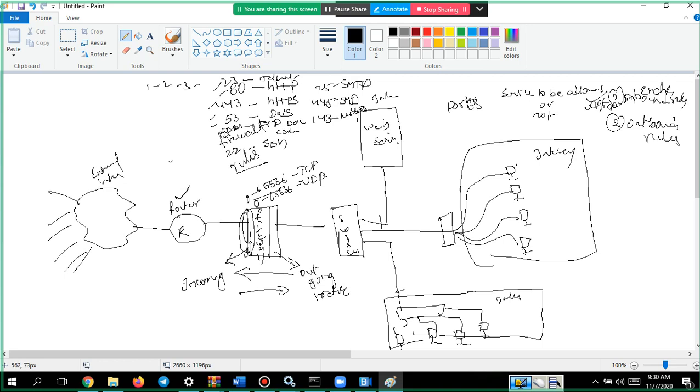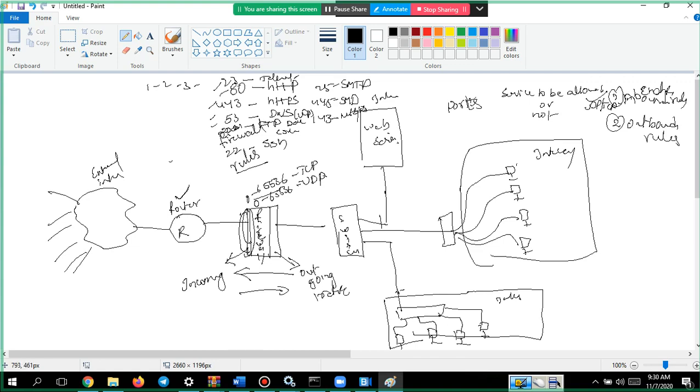DNS works on which protocol, TCP or UDP? By default it is a UDP port. So port 53 here, if you are allowing someone externally to communicate, if they are trying to reach your DNS server or something like that.